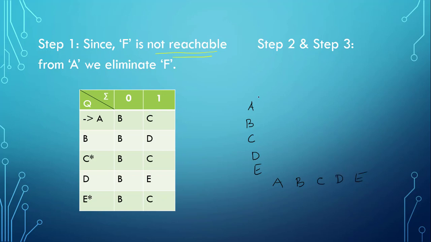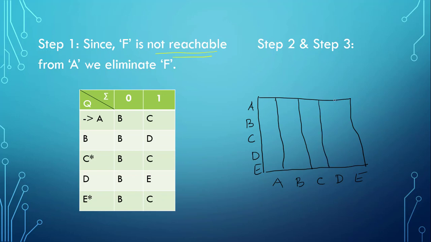Now we have seen that we have to draw a table where each row and column is representing our states. So we will have A, B, C, D, E. Now what will happen in such a situation is, we will have multiple cases of the same pair of states. For example, AB will be present twice. Similarly, some other states will be present twice, like AE will be present here as well as here. Same for BD, it will be present here as well as here.